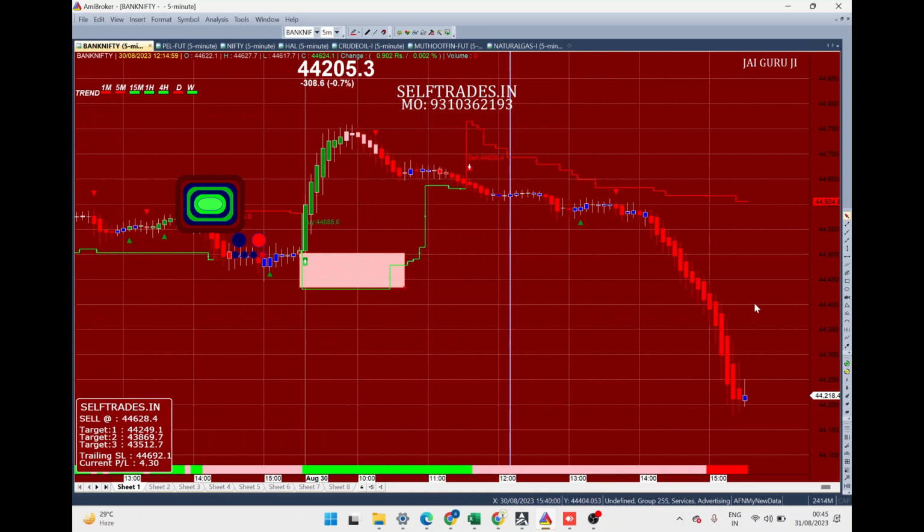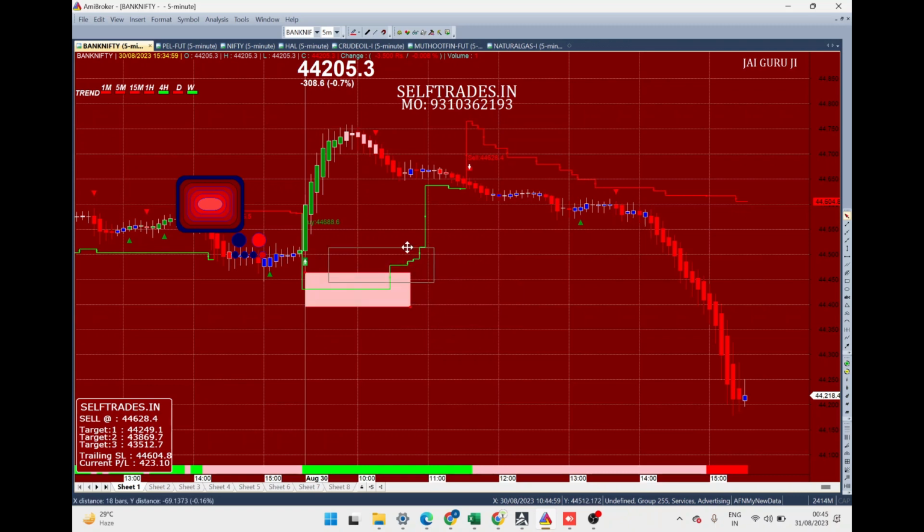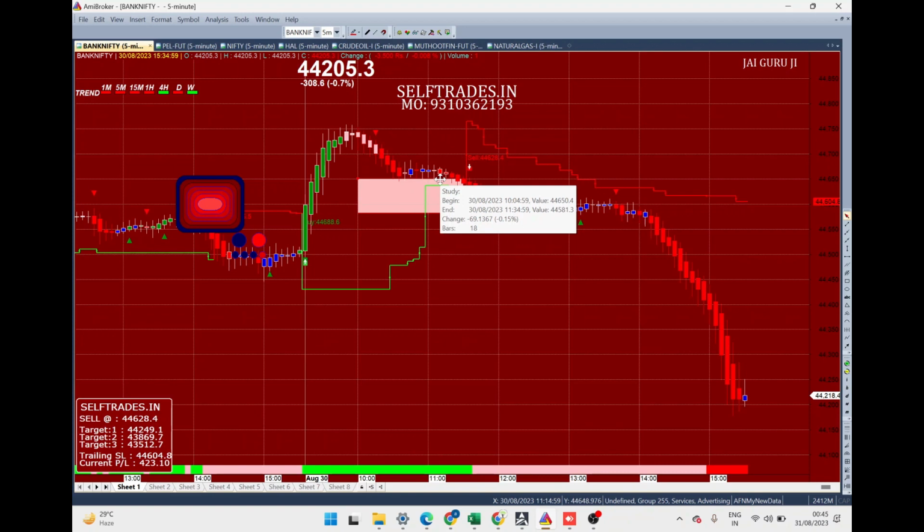Now, how to trade? Again I'll explain, this is not the normal super trend. This is an inspiration that we have taken from super trend. All calculation and everything is made by us. We have just made it visually attractive for our traders to understand. When we were making this software, the objective of our company was that anybody who understands the basic traffic signal should be able to use our chart to make money in Nifty and Bank Nifty.